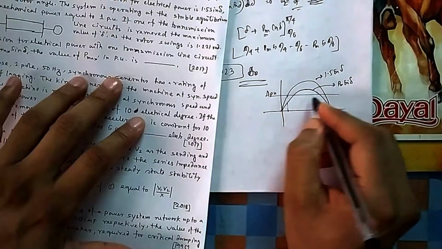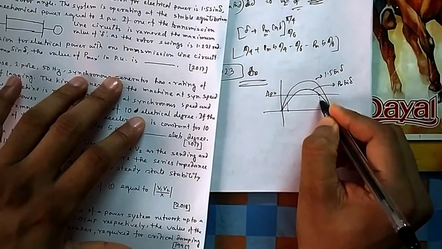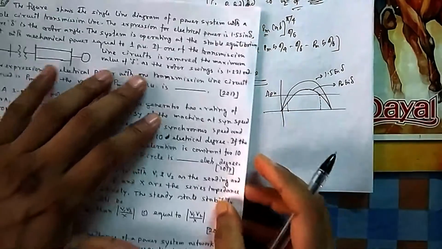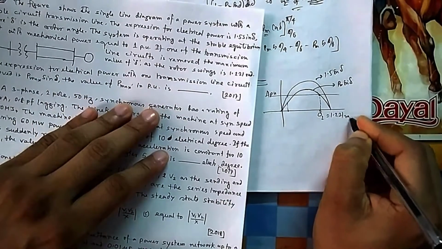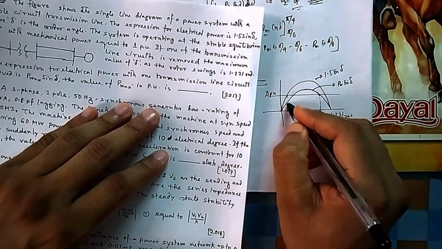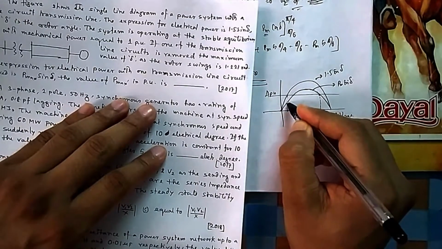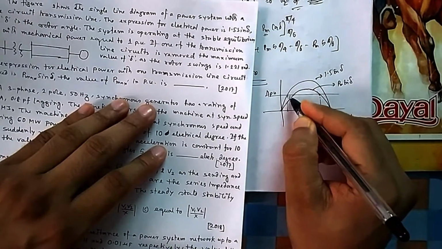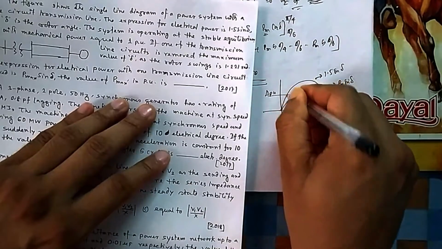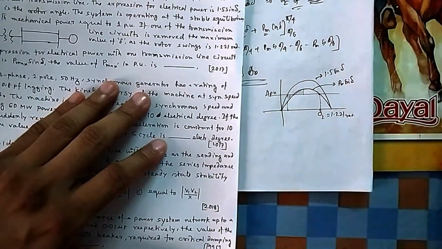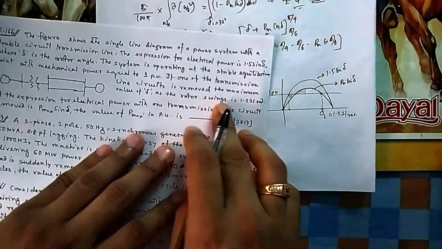So what is the maximum point it can go? This is the maximum limit. This is the given maximum swing that it can have. Suppose delta 2 is 1.221 radian. This is given to you. Now what will happen? It will come to this position. Then because your load is here, it will try to go here. But due to this acceleration, it will come somewhere here. So this is the maximum swing they have given.